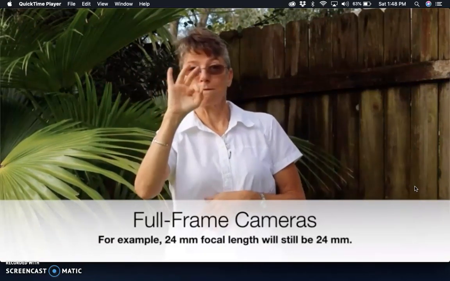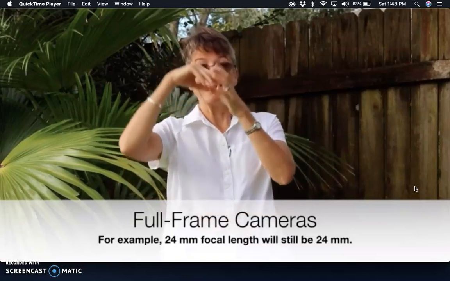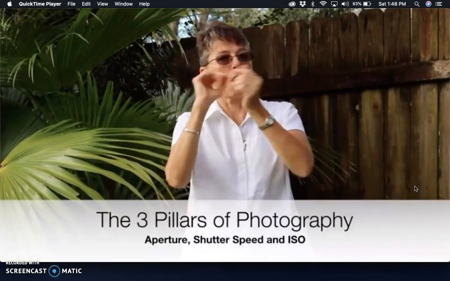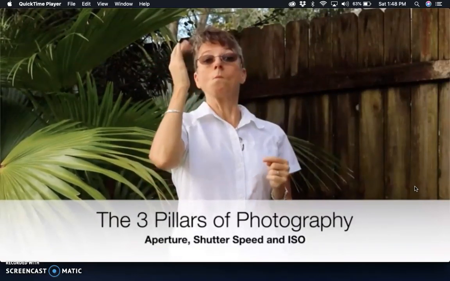So if you're using a 24 millimeter and the mirror inside of it is big, it's going to cost you more for your lens, but it's good for printing bigger pictures. That's the type of photography that I prefer to do. So there are three pillars of photography I want to talk about: light,